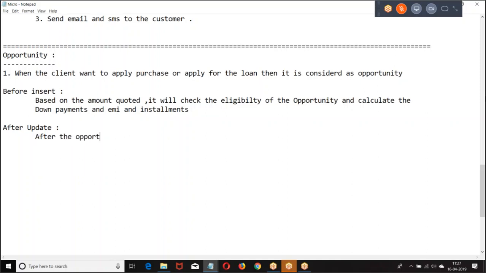After the opportunity is closed, it will create a new loan record. Then,